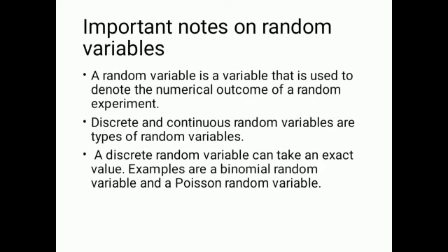Important notes on a random variable. A random variable is a variable that is used to denote the numerical outcomes of a random experiment. I already told about this. Next, discrete and continuous random variables are types of random variables. A discrete random variable can take an exact value. Examples are a binomial random variable and a Poisson